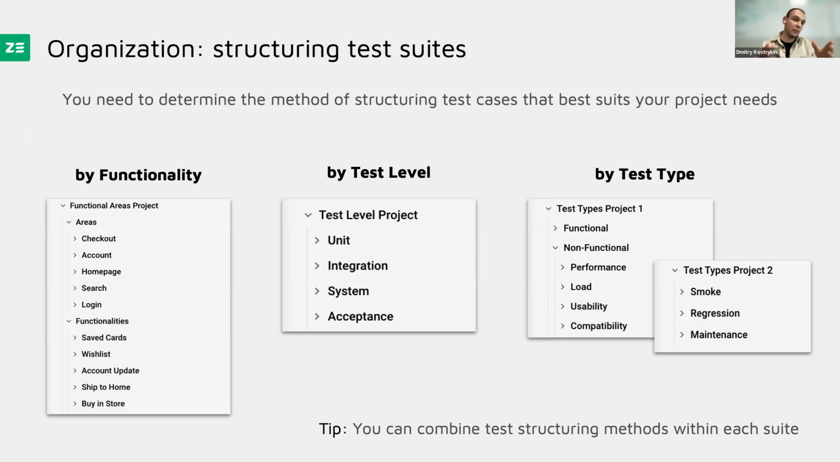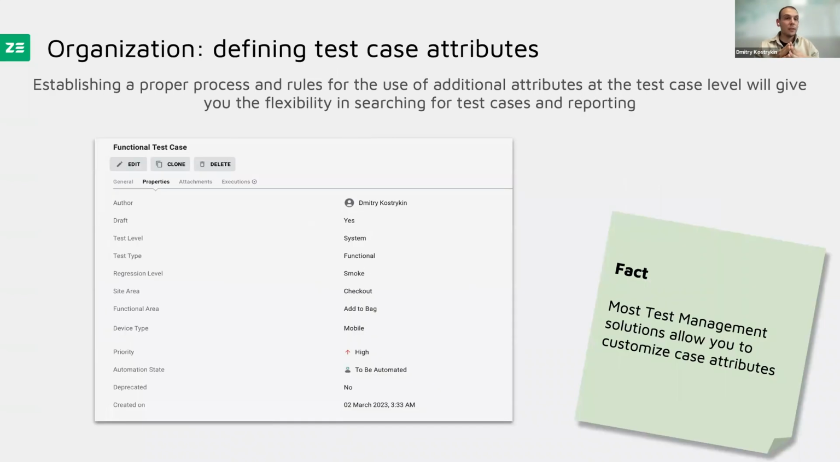One is splitting by functional tests and non-functional tests, which can be UI, performance, load, etc. And another approach of splitting is by smoke or regression tests. You also can combine several methods of structuring together if this will fit the needs of your project. Once we have defined the proper structure of your test case tree,